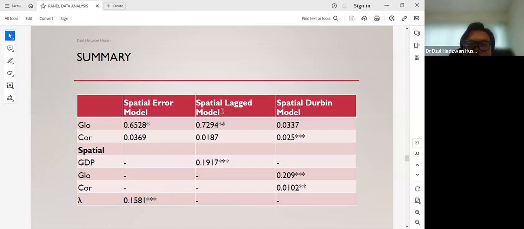Next, we try to use spatial lag model. We just want to test either the spatial effect, or the externality effect, or